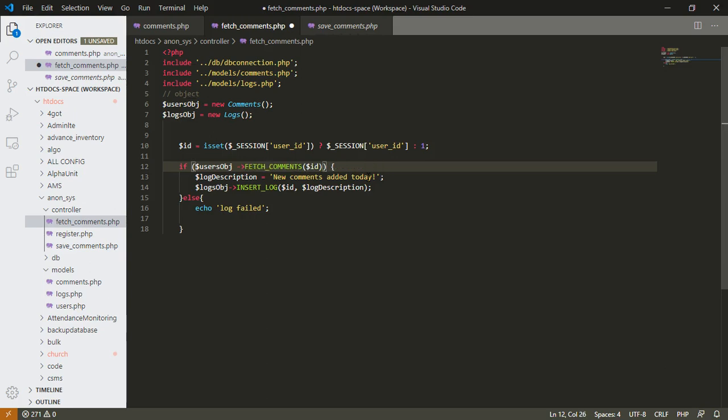All right. Okay, then let's move ahead. So the log description should be, let me see, data fetched. It's not necessary, but let's just move on. Then we also have to